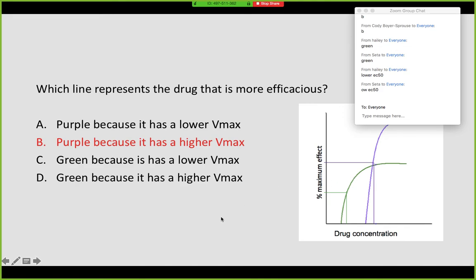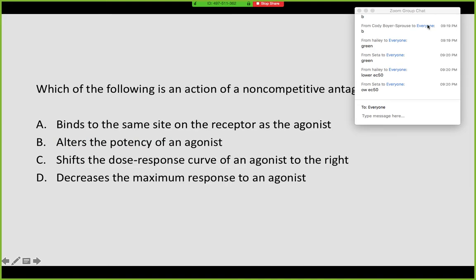Yeah, so this is definitely an exam question, and it's going to be an easy one. So make sure you have this down. Efficacy versus potency. Okay,